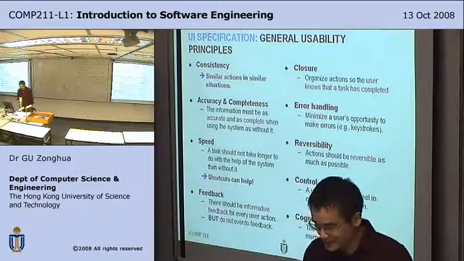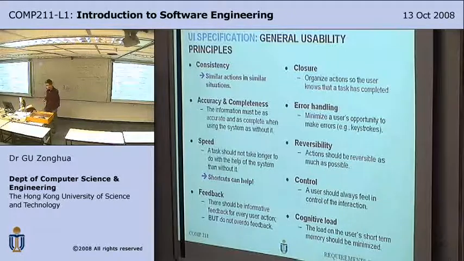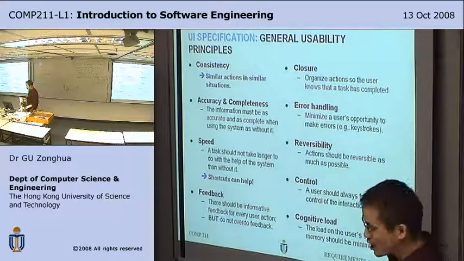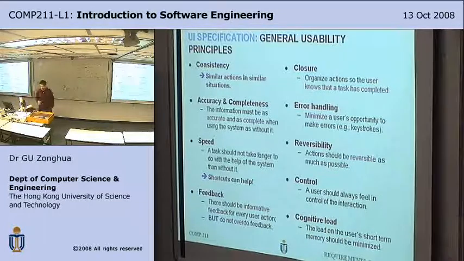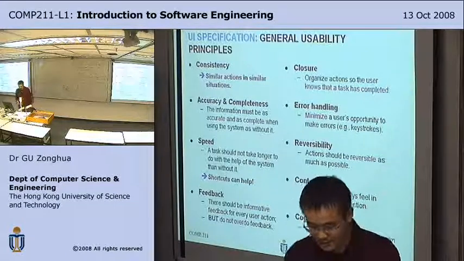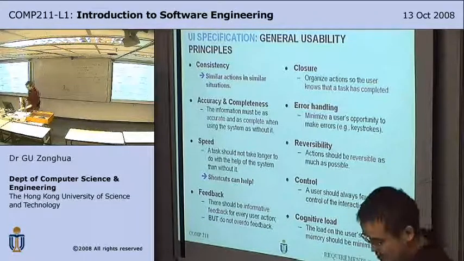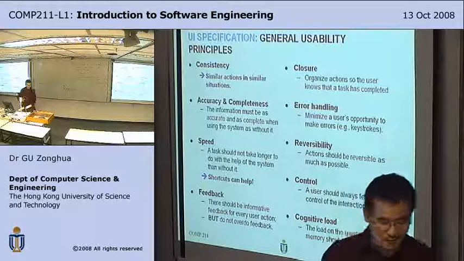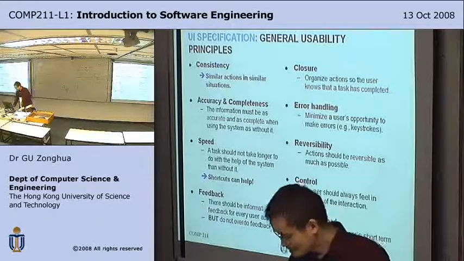So to overcome cognitive load, you try to simplify your dialogue design. Don't design a super complex dialogue. Try to spread things out into several dialogues if one gets too complex. Reduce window motion. Don't let the user navigate too many steps to accomplish a task. Also, of course, provide online help, etc. And also, in the dialogue design we saw before,